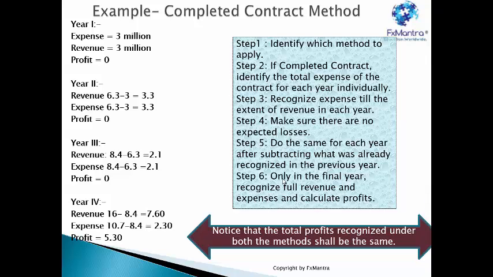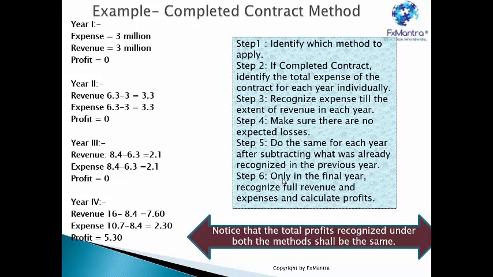This is the reason for the completed contract method. I have to get a zero profit. I am following a little conservative accounting. This is the reason whatever expenditure I have incurred, an equivalent amount of revenue is recognized till you reach the final year. Why? Because expenses, whatever you are incurring on a year-to-year basis, is something you will already be aware of. What you are not aware of is how much work you have completed, so out of the total revenue, how much you have earned. This is the reason I want to keep zero profits. So the safest bet to do that is